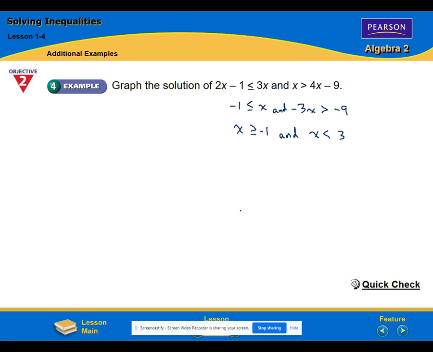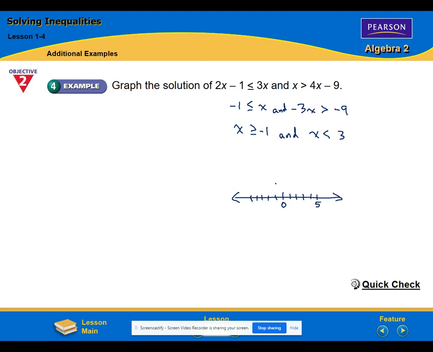Now, think about this on the number line. They said graph the solution of, and there's a key reason why. What numbers are both greater than or equal to negative 1, and also less than 3? There's only a certain segment of numbers on the number line that fall into this category. It's not all of them. You see, if I go to a number line, and here's 0, and here's negative 1, 1, 2, 3, here's 3,